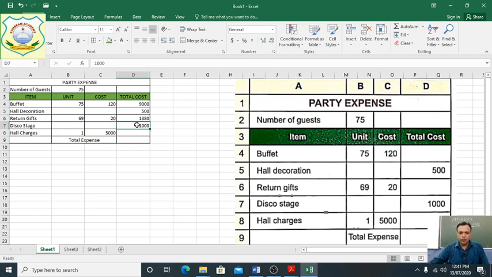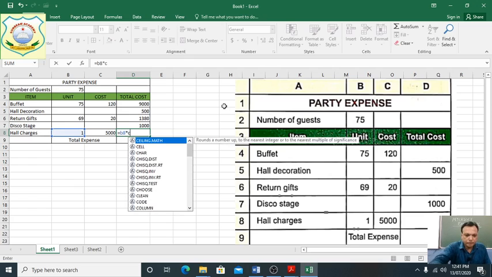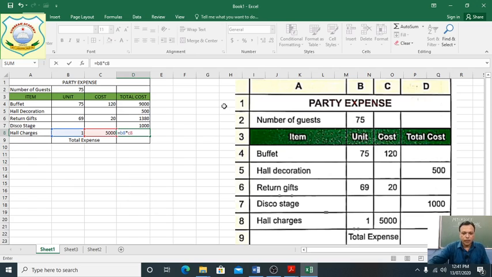Disco stage filled. Hall charges not filled, but unit and cost are given there. So again, we will use the same formula, equal sign, then this is D8. So B8 multiply then C8. Okay. Now we have got all the costs of the items.